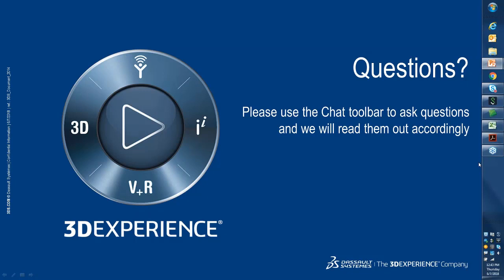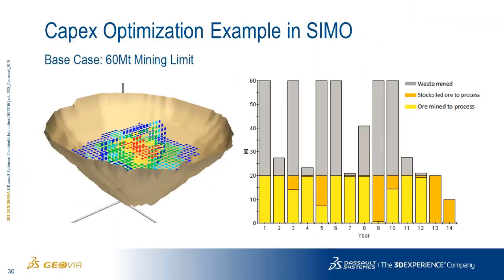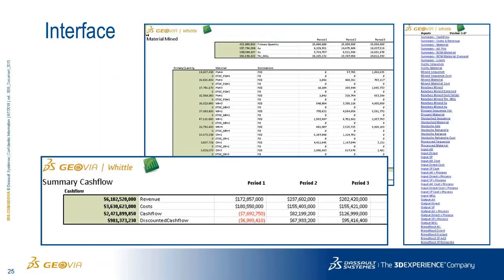Let's take one more here. I have another question about pseudo flow. Pseudo flow is not really tied to SIMO. Pseudo flow is another term that's relatively new to the Whittle space. What pseudo flow is, is an alternate to the Lerchs-Grossmann algorithm. So if we think back to my initial slide with the breakdown of the two different phases to the Whittle process, we had,